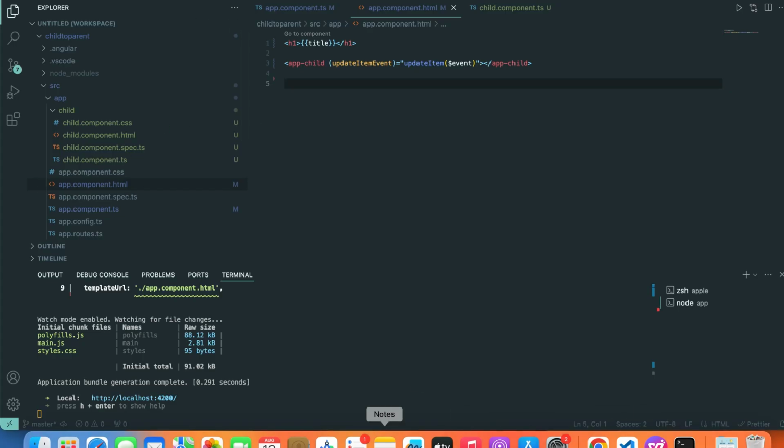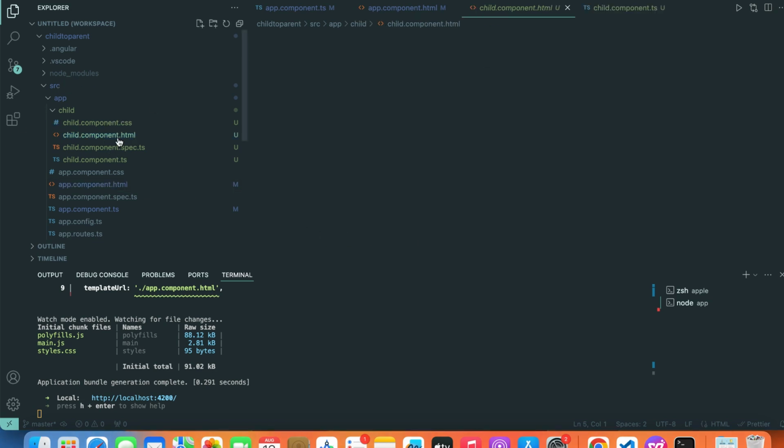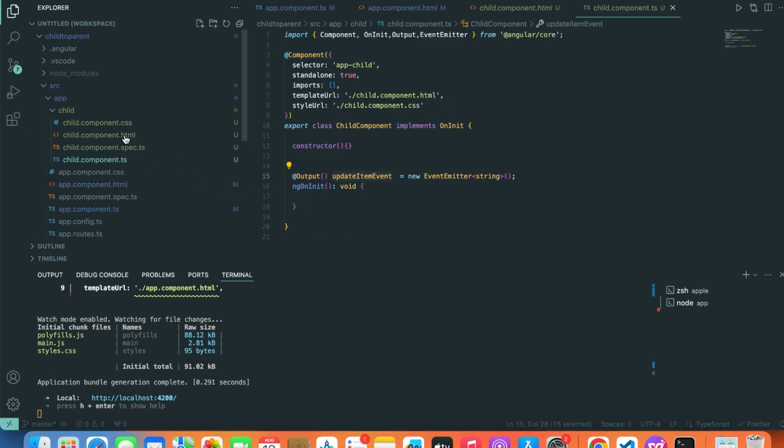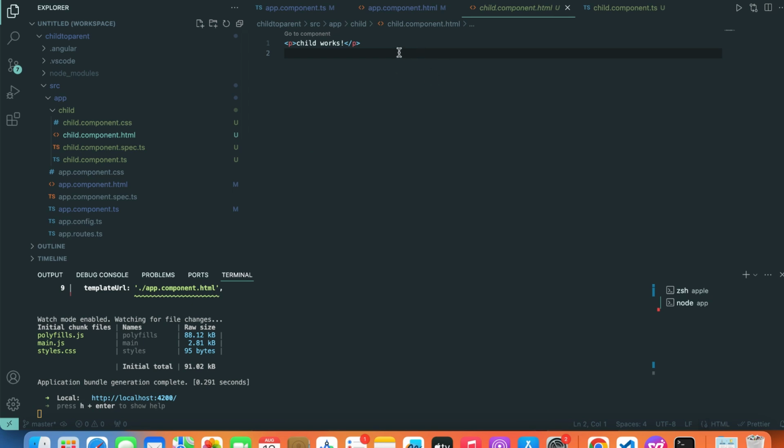So now what will be the next step, how can we see this value? For that we will do some work on the child side, right? Now let's come here and do some magic. Here what I'm going to do, I will just define an input text type is equal to text, and here I will define the box, for instance, and after that I will just define a button, and here what I'm going to do, update